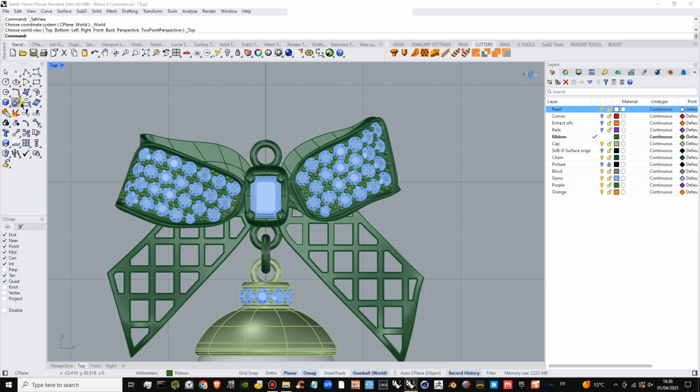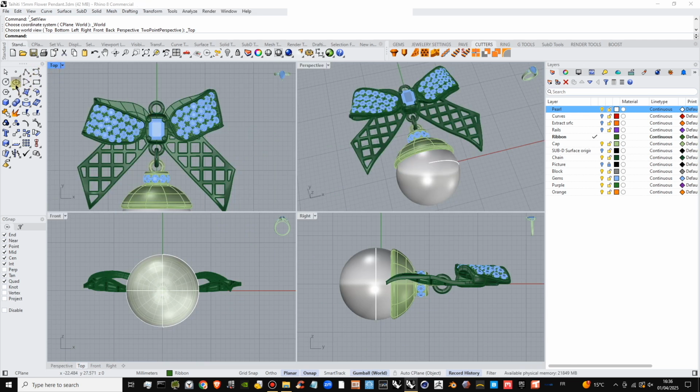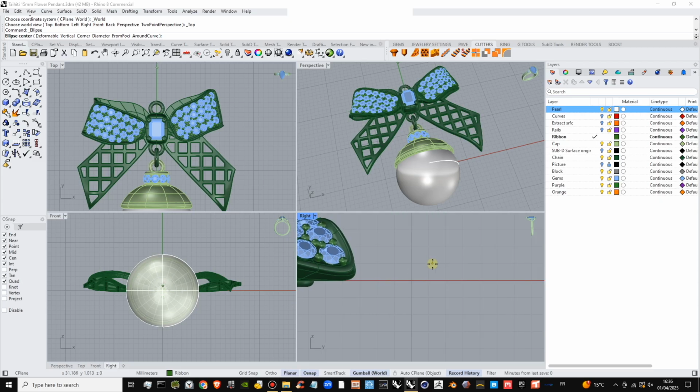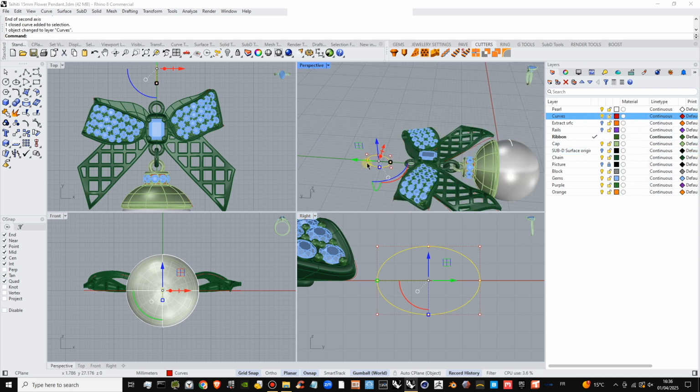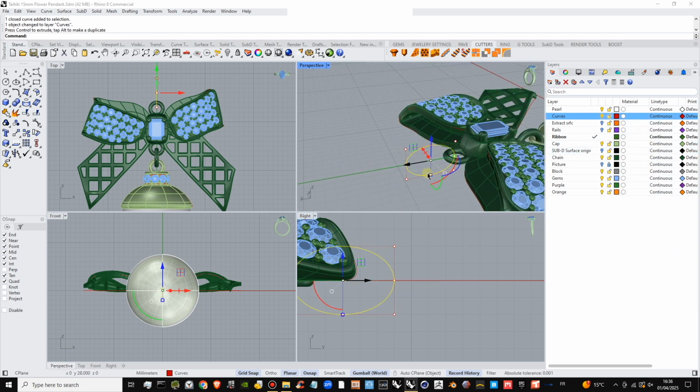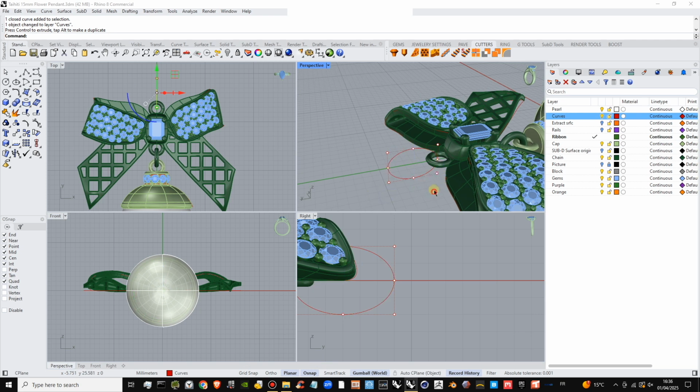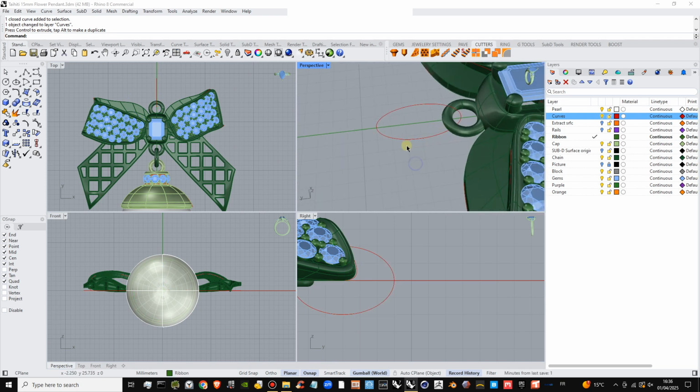And for that, I'm going to do something very simple. I'm just going to create an ellipse. I'll just use a grid snap and put that into our curve layer. Let's bring that down here, and